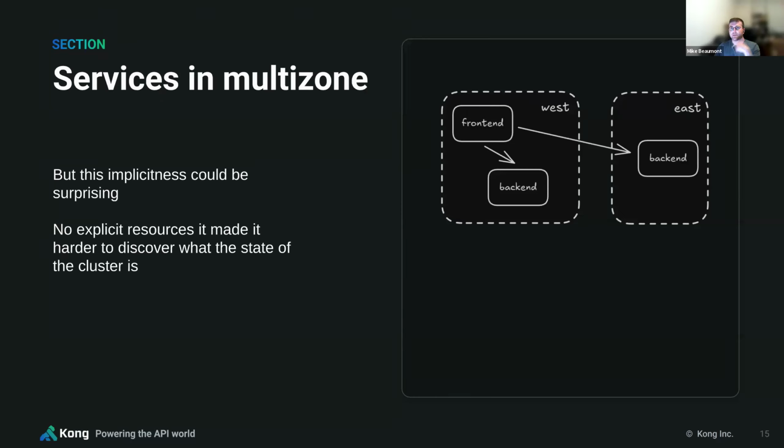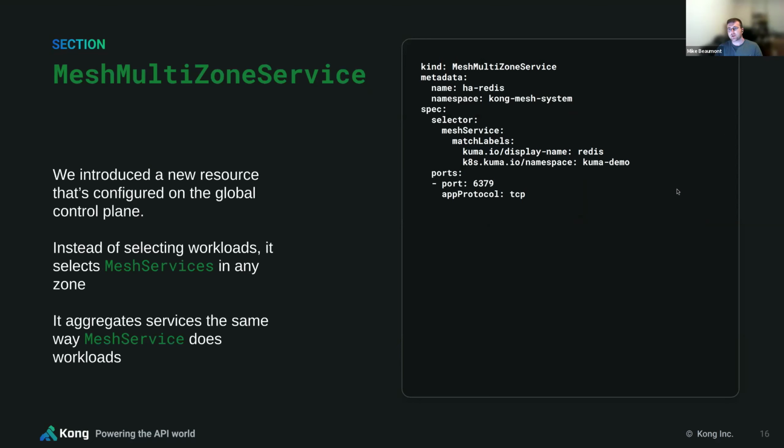And same problem as mesh service, that you couldn't actually see cross zone what services exist, right? So you could look and you could see your data planes existed with backend as the service tag, but you couldn't easily look into the other zones and see what same services were in the other zones. So that's something we changed with this mesh multi-zone service. It's kind of similar to mesh service, except instead of selecting data planes with data plane tags, it selects mesh services by checking the labels. And in this case,